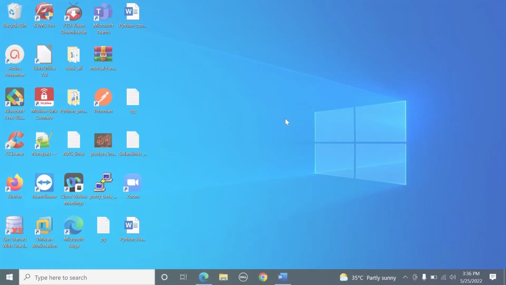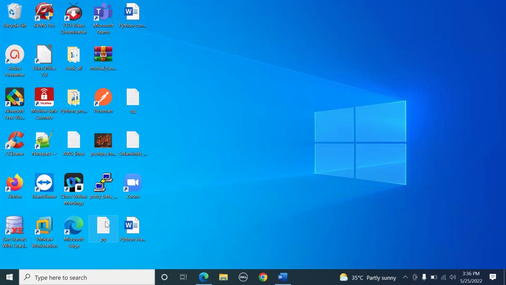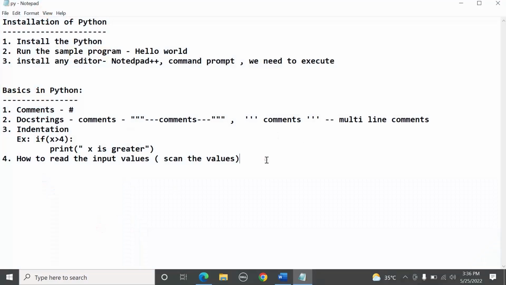Hello everyone, coming back to the data types in Python. So now we'll see the data types in Python. What are the different data types available? Generally the data types are integer, float,